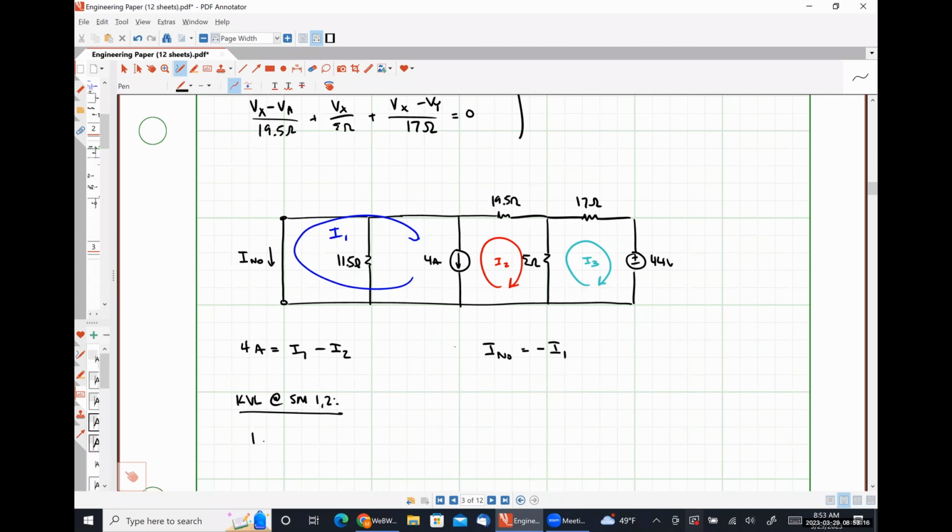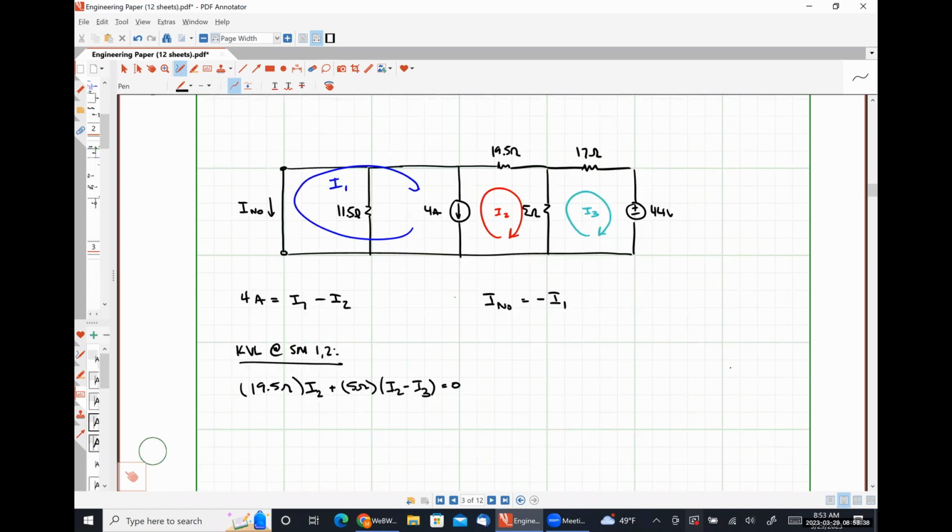We're going to have 19.5 ohms times I2 plus 5 ohms times I2 minus I3 is equal to 0. Because there's literally no resistors in the path that current I1 is taking, it doesn't show up here. Okay. Then we're going to have KVL at mesh 3,